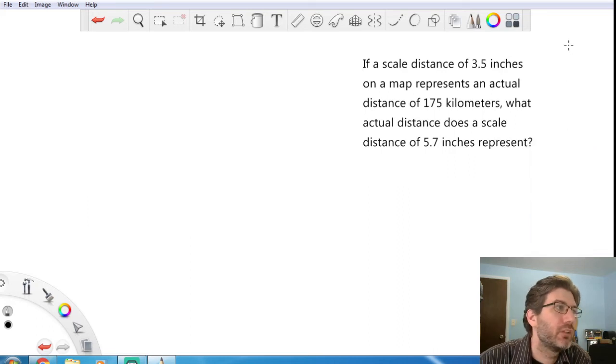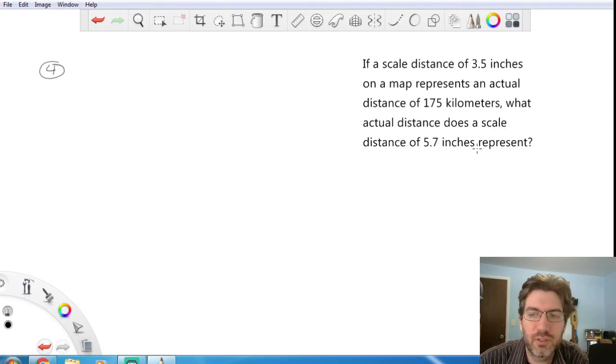Okay, this is for Kelsey. Kelsey wanted number 4. This is number 4. If the scale distance of 3.5 inches on a map represents an actual distance of 175 kilometers, what actual distance does a scale distance of